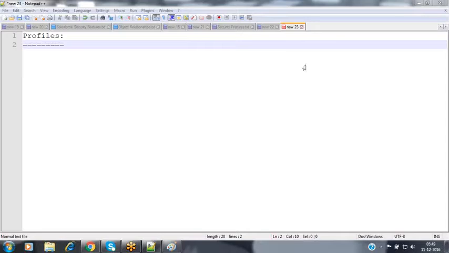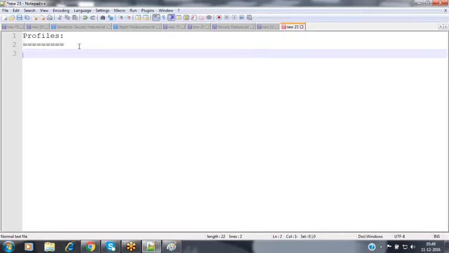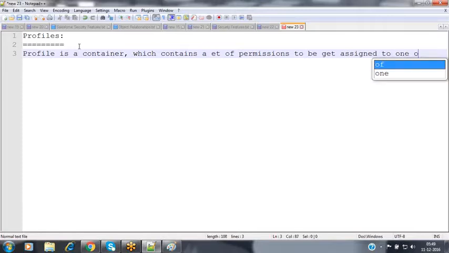Now, let's see here. A profile is nothing but a container which contains a set of permissions to be assigned to one or more users.